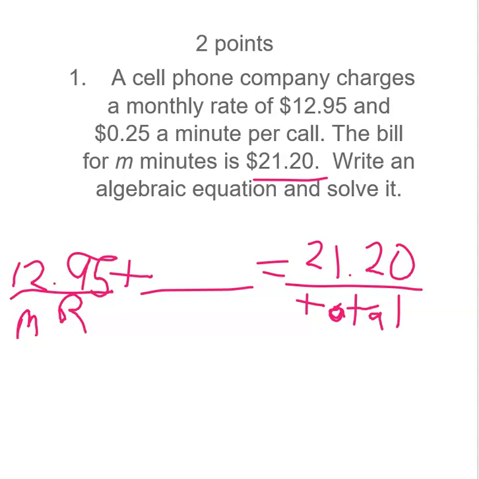And then it also talks about how they're going to be charging a certain amount per call. So you guys would label this part the call per call. And so you'd be putting 0.25 because it's 25 cents per call. And once again, remember we let m or x equal the number of minutes. So you would put either an m or an x right here, and then you go through and solve this